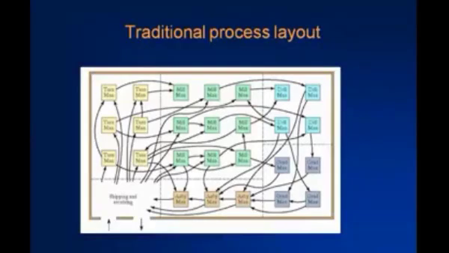There is layout in the production processes, that is, which production process or machine is placed where in the production. In the traditional process layout there is no regular layout, and all the processes are not in a regular pattern. That is the traditional process layout, without any cellular manufacturing or without applying the FMS techniques.